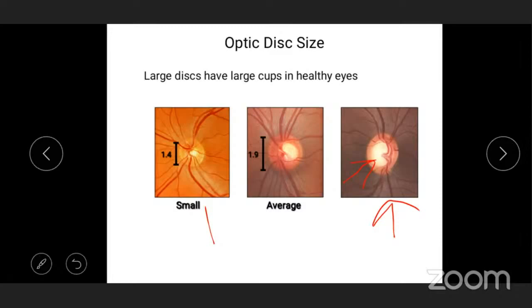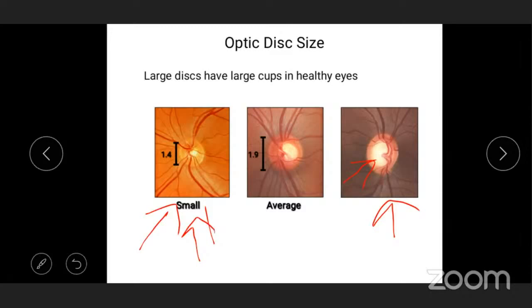So this may not be abnormal, but I'm very concerned as a glaucoma person. I'm very concerned with the small disc. See, it's appearing to be a normal size cupping. The rim is appearing okay, but the space is not there in small optic nerves for the cup to enlarge. So very concerned with this because this may be actually pathological and appearing as normal. So both ways, keep that in mind.